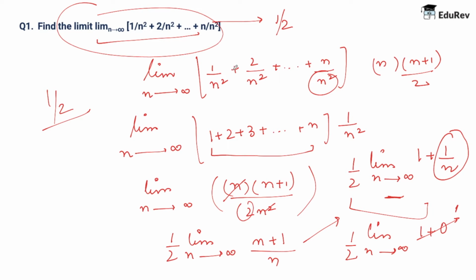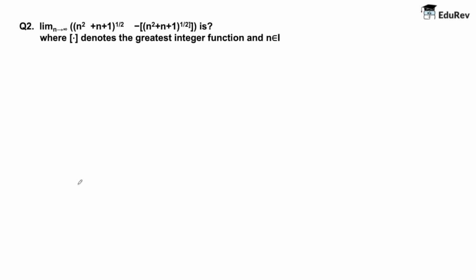Let's move on to question number 2. Question number 2 states that we need to find the limit of the given function. Now just remember one thing: this is the greatest integer function. That is, if I write 2.3, it has to be 2. Now the function that is given, I can write as n square plus n plus 1 half